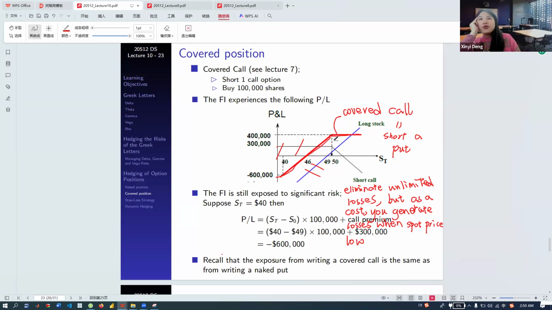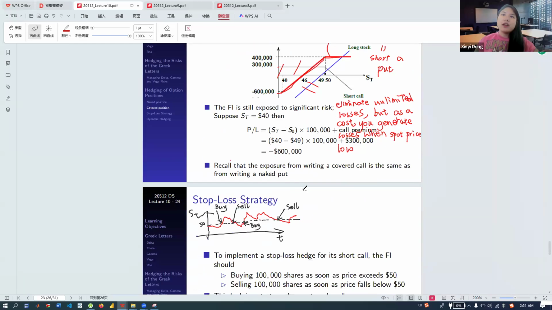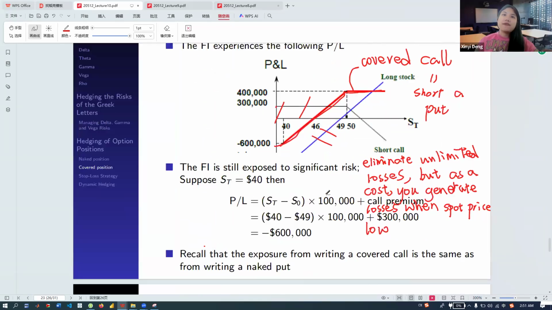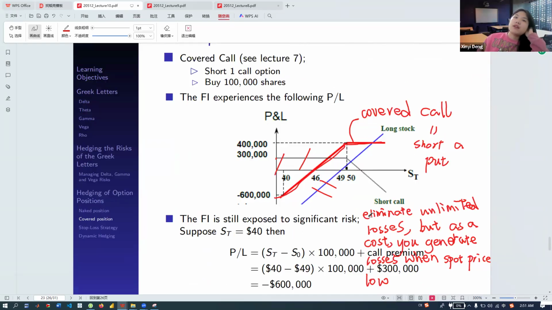But actually, for shorting a call, though we are able to successfully eliminate unlimited losses, as a cost we actually generate losses when the spot price is low. So this is not desirable as well, the losses when the spot price is low. And for this third bullet point, we're just showing a specific scenario where we are generating losses when the spot price is